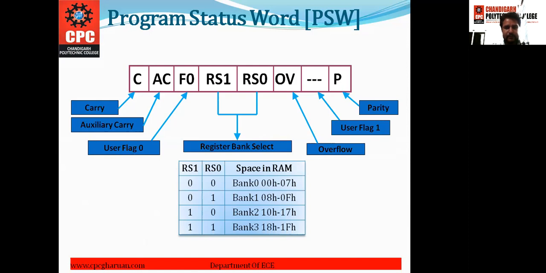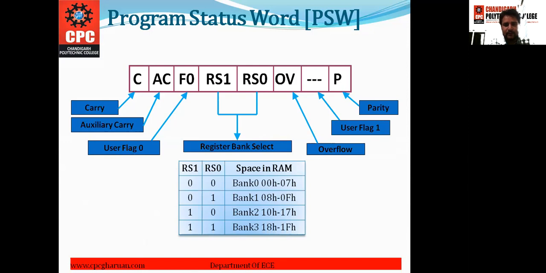All these program status word bits include the flag registers, and each of them has its own function while performing arithmetic operations.